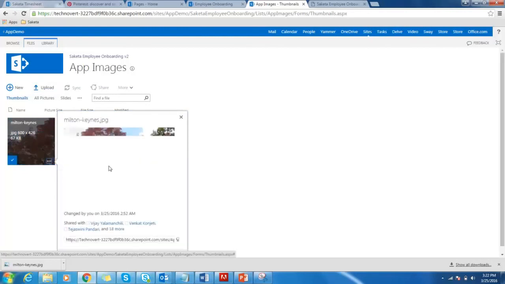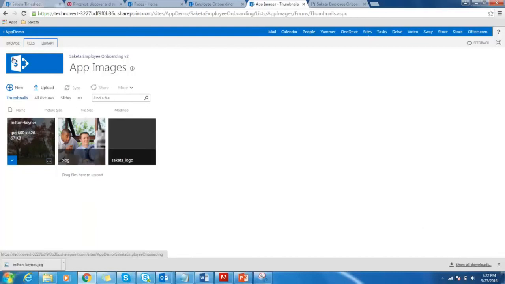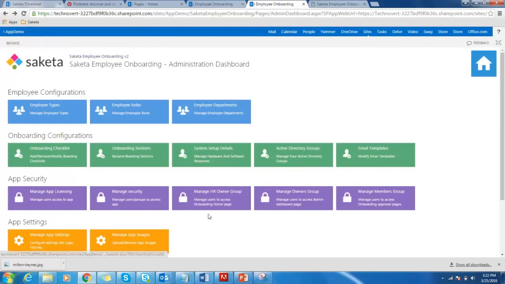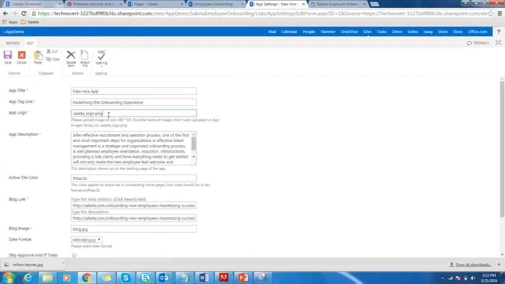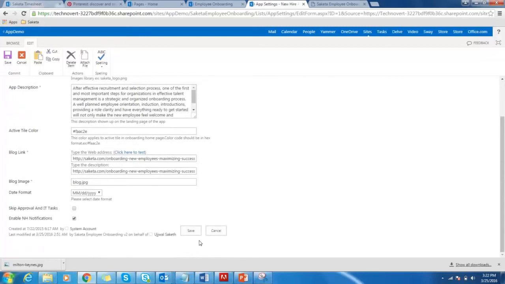And I'll just copy the name of the file, which is miltonkeys.jpg. And now I'm going to go back here to manage app settings, and I'm going to give this name. I can also change the app description, but I'm not going to do that now. So if I now save it,